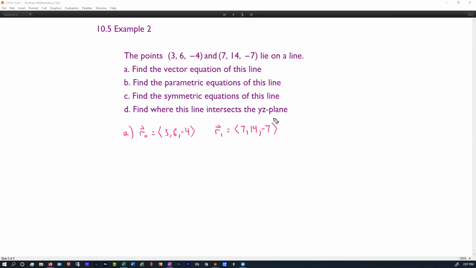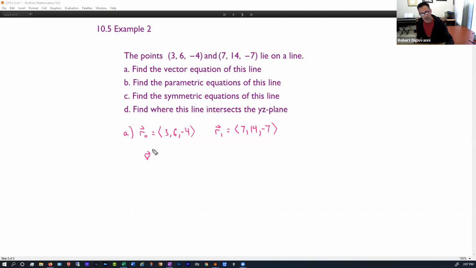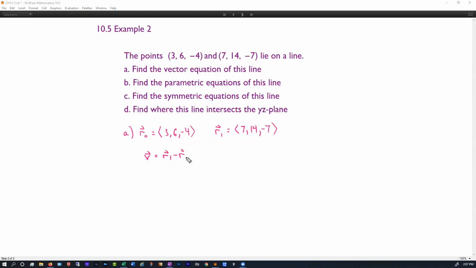And then this part I might be wrong about. I think it's R1 minus R0. Yep. So let's call that V. That'll be the direction vector, right? V is going to be my direction vector. What is that? So let's see, I would quickly work this out. This is going to be -4,